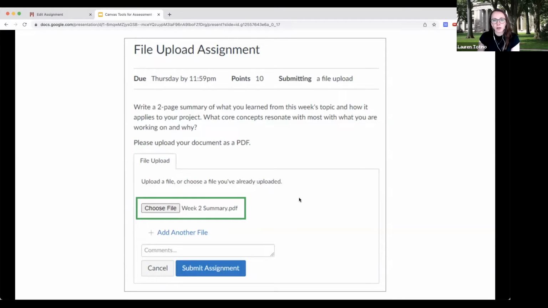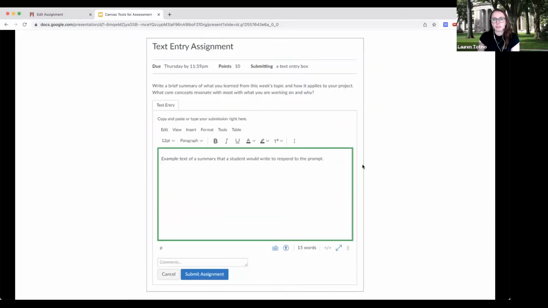So the first one is file upload, which is what Meredith's example assignment is. And this is best suited for things like papers that would be uploaded as a Word document or a PDF, or presentations such as slides that were made in PowerPoint. Another option is text entry, which is a variation on uploading a file wherein the student submits something that's written, but it's aimed at being shorter in length, and the student completes and submits it all within the Canvas interface